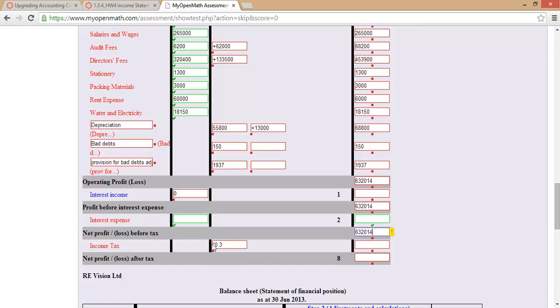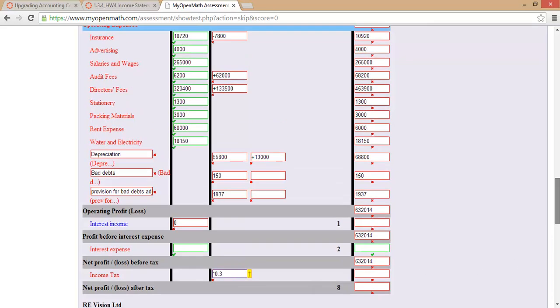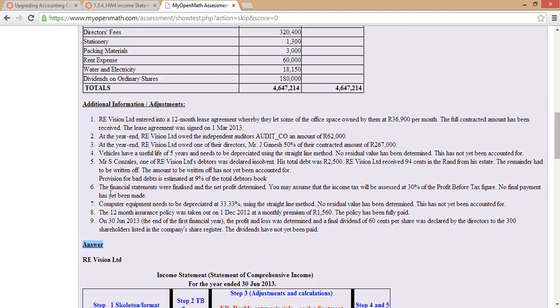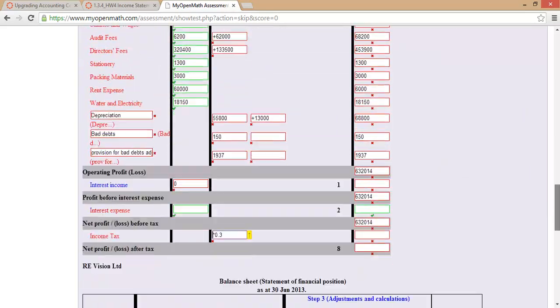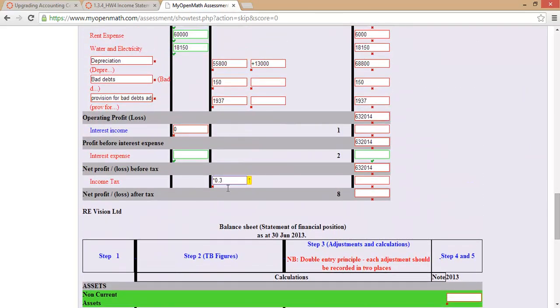Alright, and then we can calculate my income tax. You remember we said that we're going to come back to additional information number 6. We assume that the income tax is 30% of profit before tax. So we can say 0.3 times my profit before tax, 632,014. That's going to give me my income tax expense of 189,604. Important again here that we indicate that it's going to reduce my profit by putting a minus in front,